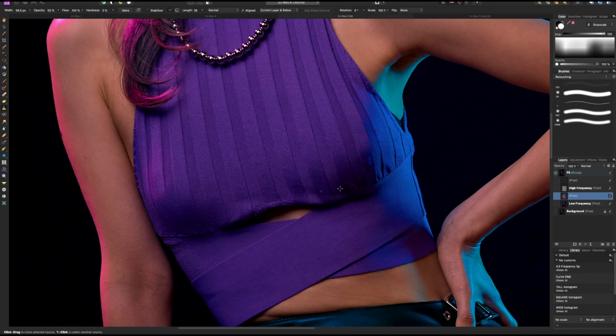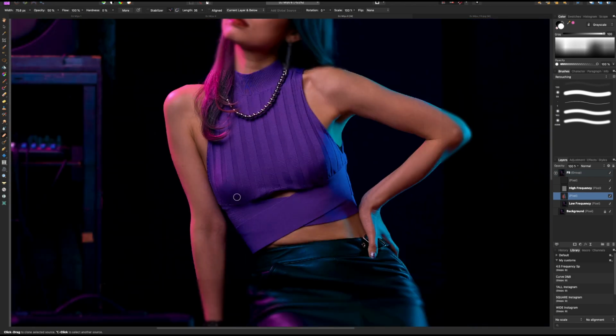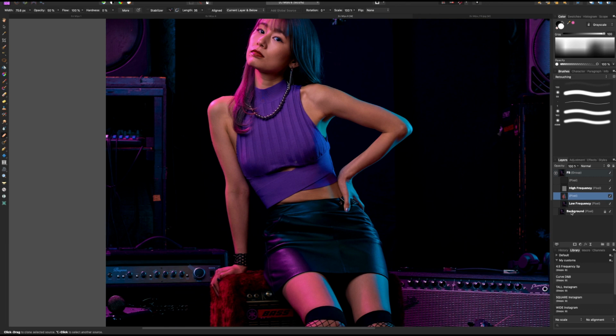Alrighty. We are going to come back and do some more adjustments with the dodge and burn step, but this is just for now. Maybe I'll switch back to my healing brush to try to blend this shadow into the upper part. Okay. I think just those little adjustments there,